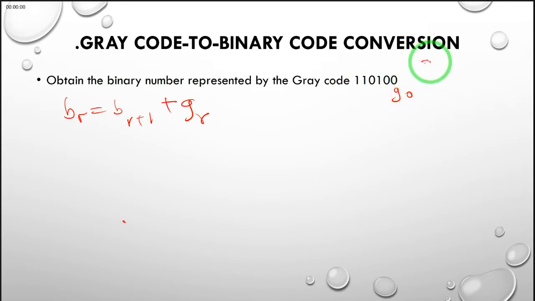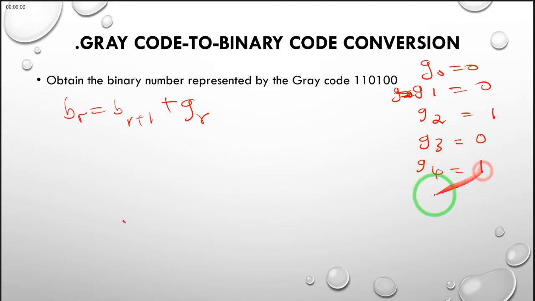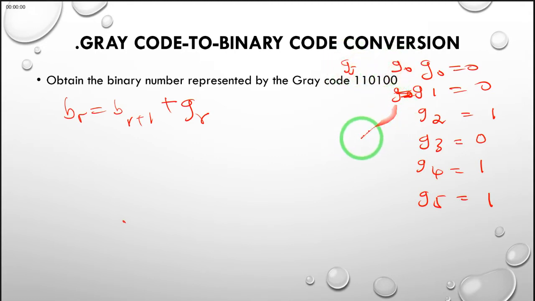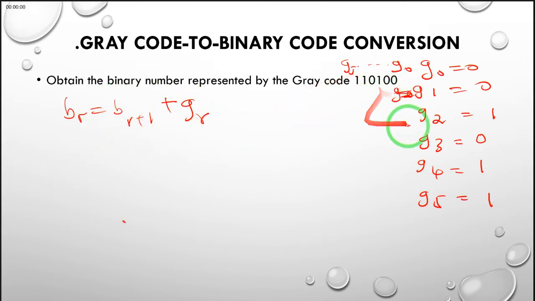I think I'll write them down here. g0 is 0, g1 is 0, g2 is 1, g3 is 0, g4 is 1, and g5 is 1. So just arrange them in that form. g5 is the maximum here, g0 is the minimum there. So we now want to do this conversion, and the maximum number of bits is 6, or our r is 5,